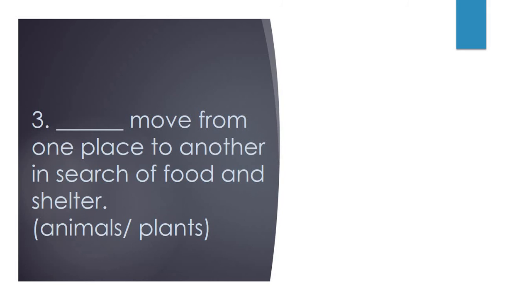So I cannot give you more than 3 to 4 seconds. Here is the correct answer. Animals. Obviously, plants cannot move from one place to another, right? They have different movements in their leaves, in their flowers, but they do not move from one place to another. That is restricted because they are rooted at one place. Their roots are fixed at one place. So animals is the correct option.